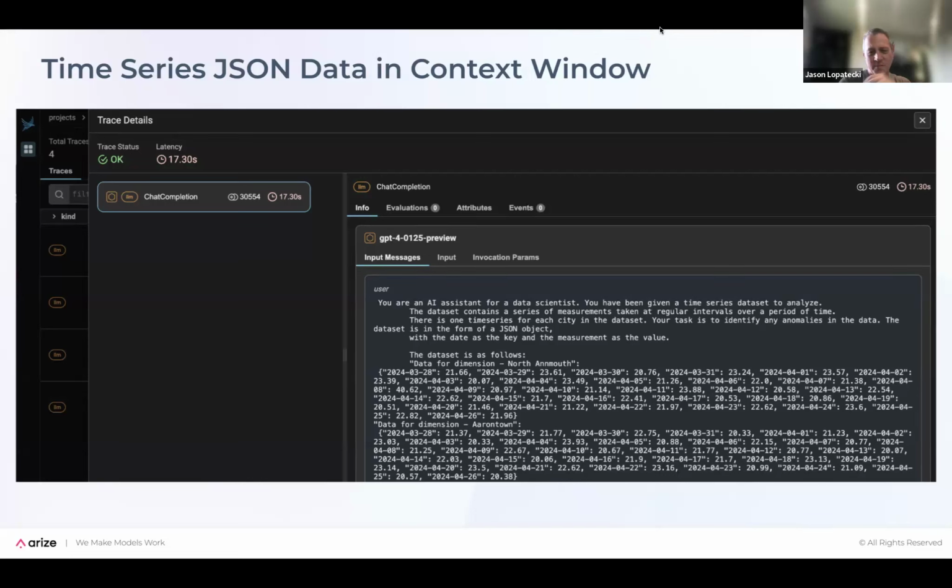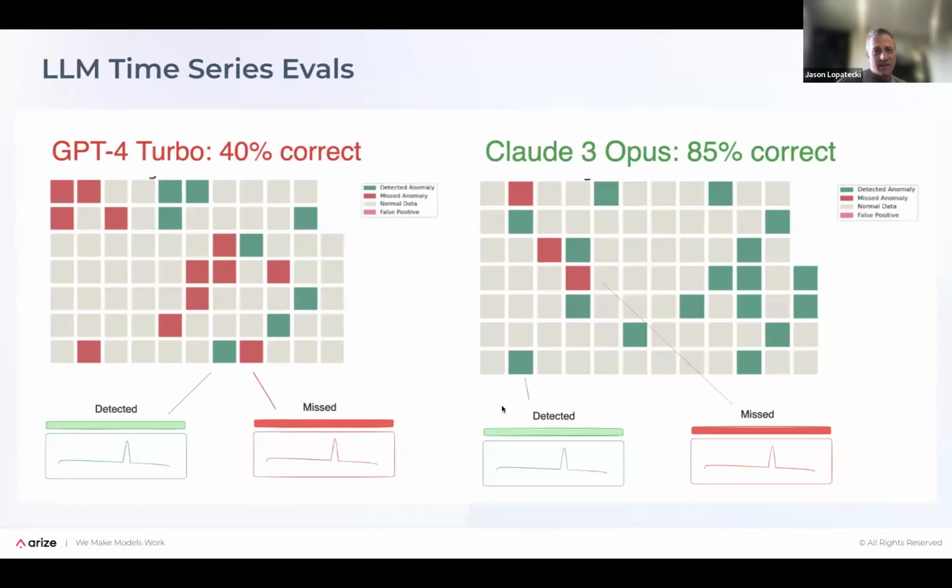LLMs work with this, and this is a pretty common approach these days. You'll find lots of people putting JSON into the context window. The LLMs know and understand JSON really well. And not just time series data, but lots of different structured data, from Pydantic models to you name it. People are doing JSON formatted data to fit into the context window. So this is a pretty normal thing industry-wise. I think what's new is trying to test time series.